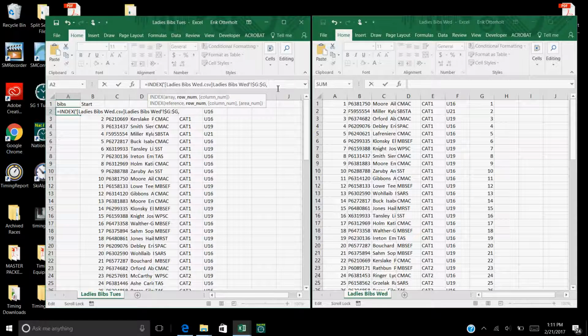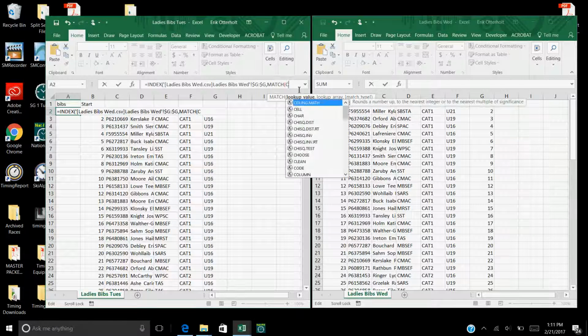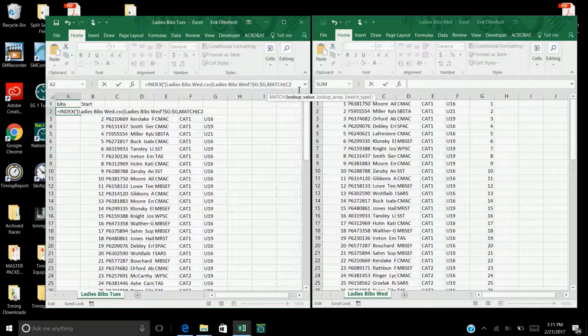And then we hit comma, and we start to type match. We see match populate right here, and we hit tab, and our lookup value is going to be this first column, which is C, which is our USSA ID. Now I can't actually touch that, so if I touch that one, then I can come up here and change that to C2, which is the correct cell I want to look up. So we're going to look up their USSA ID,